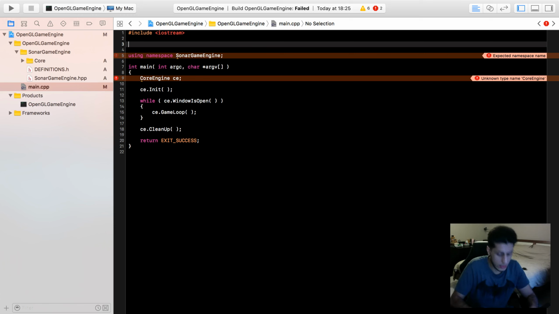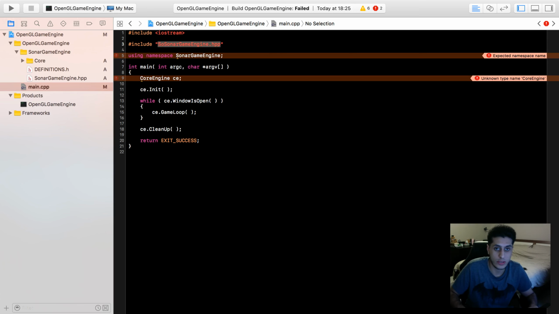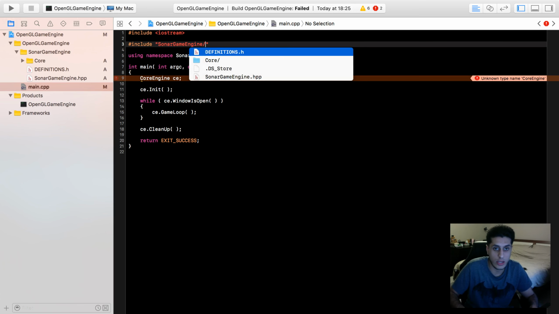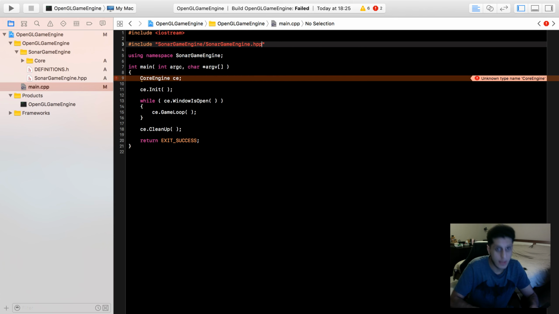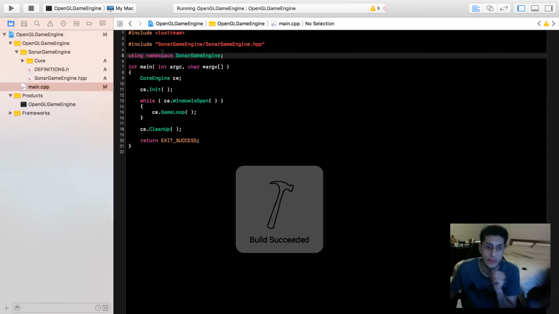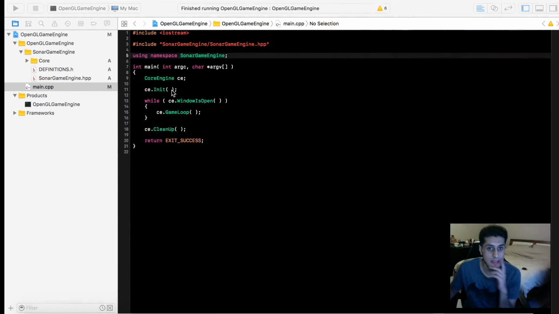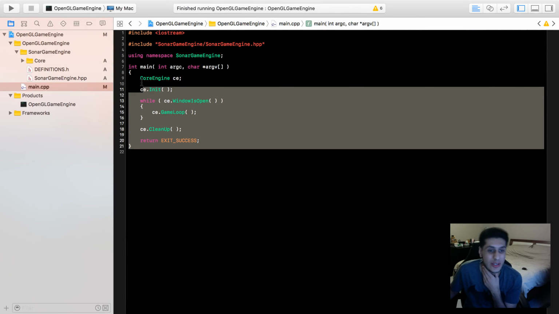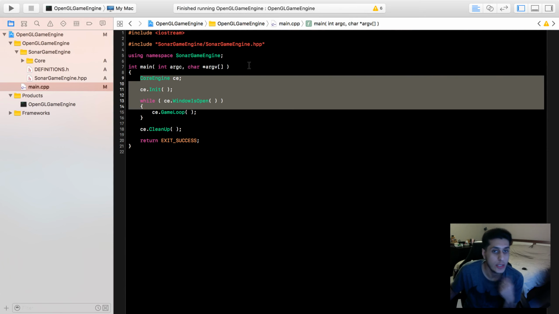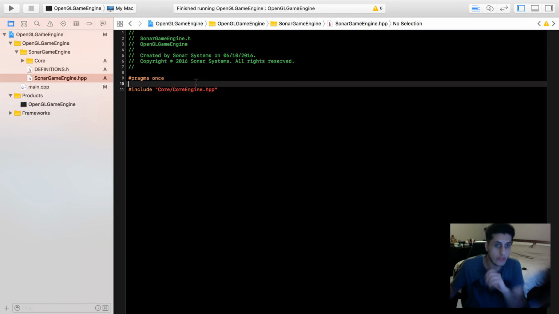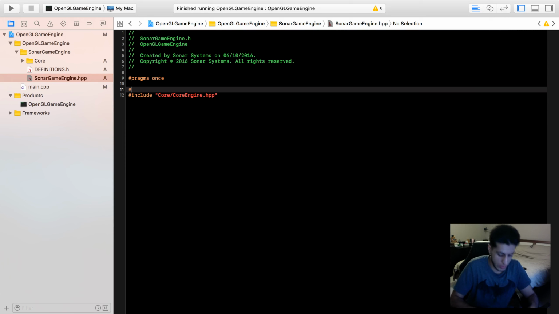do hash include Sonar Game Engine, no, I don't want to do Sonar Game Engine. Run that now, that should work. Yeah, it's called Core Engine, but at least we're getting towards a more proper engine now. We can do hash include